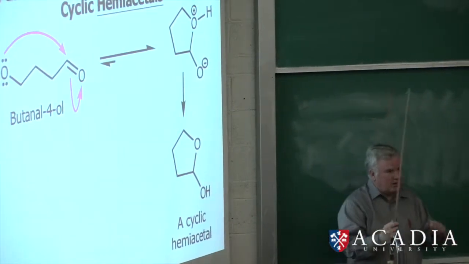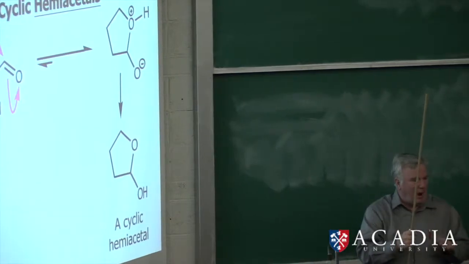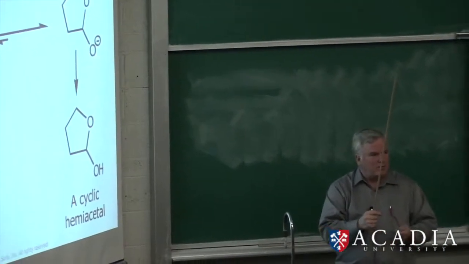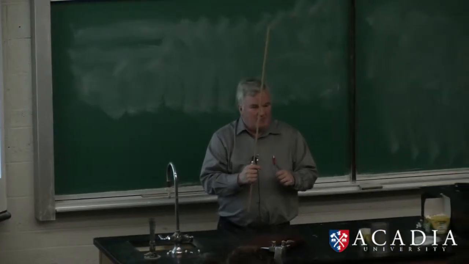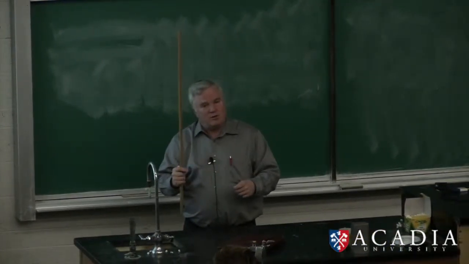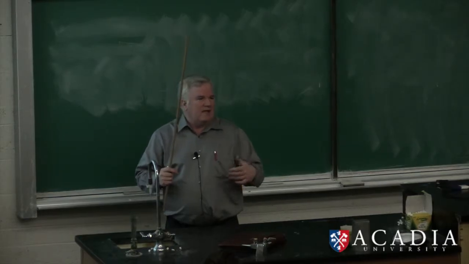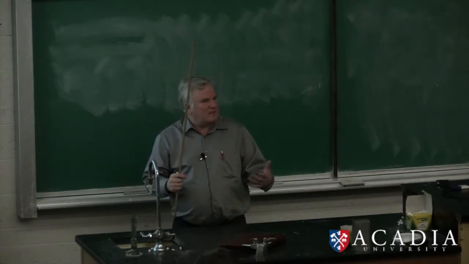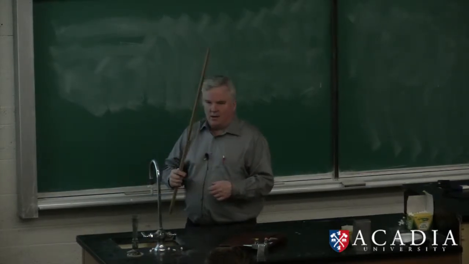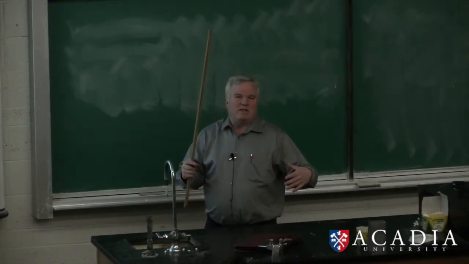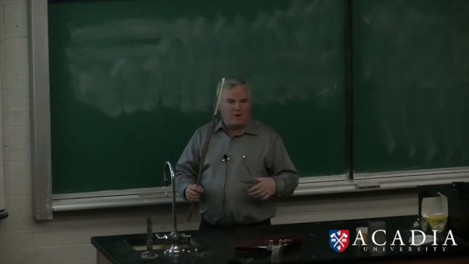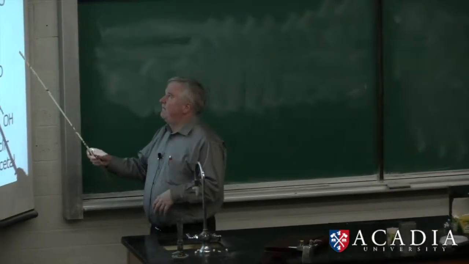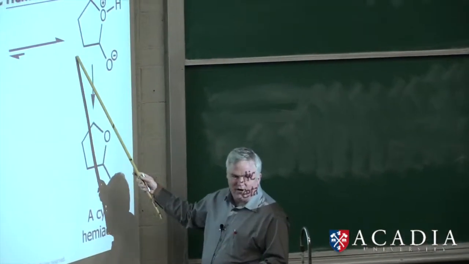And if you have good chemical models, you can make 5- and 6-membered rings, and you see that they're easy to make. And if you have good chemical models, making small rings and making larger rings are a little bit more difficult. 7-membered rings are actually surprisingly difficult to make. 8-membered rings the same. Then when you get very large rings, they can become easier, but there's a lot of conformations. So when we form 5- and 6-membered rings, this is very much favored